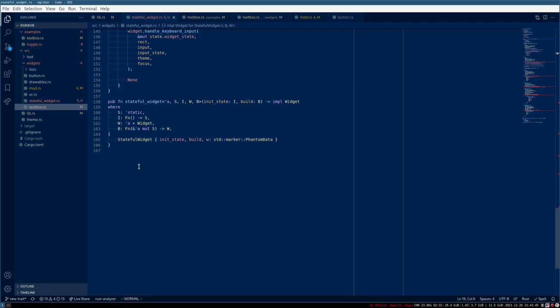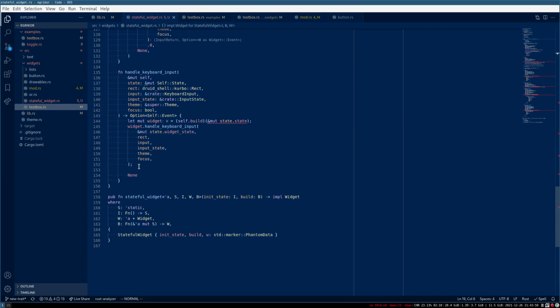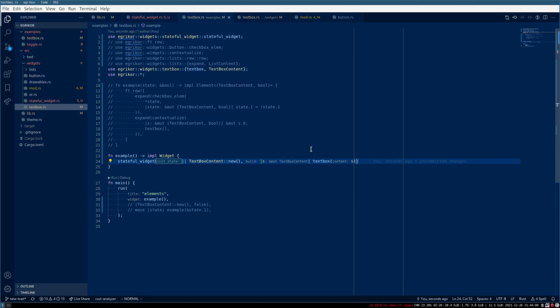So yeah, that means this approach doesn't work. Unless, of course, we just remove the bound, but then we can't have references here. So we'd have to, I don't know, copy it, but that would lead to one of those one-way data flow restrictions, which are sometimes useful, but isn't actually quite what we want, because